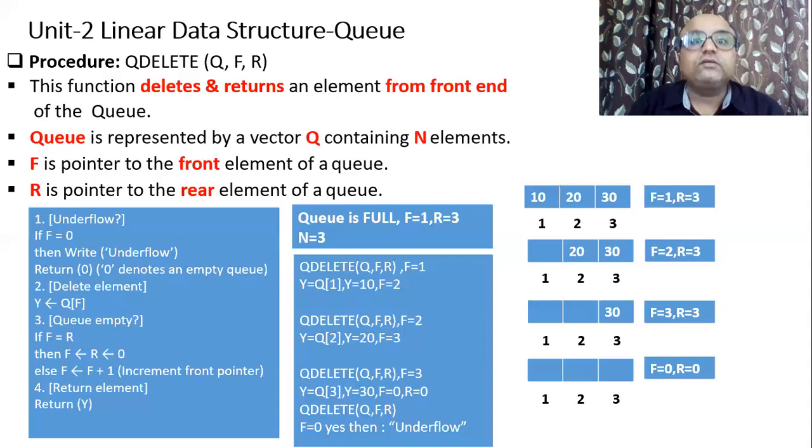Underflow means not a single element is present in the queue. The same case applies to the insert operation, where we check whether there is any free space in the queue. That is the condition for overflow. So when you are trying to delete something, we have to check about the